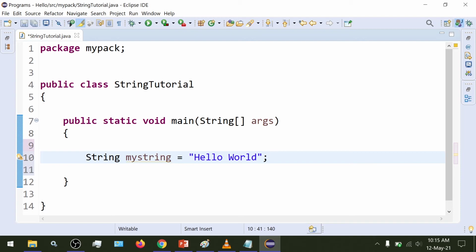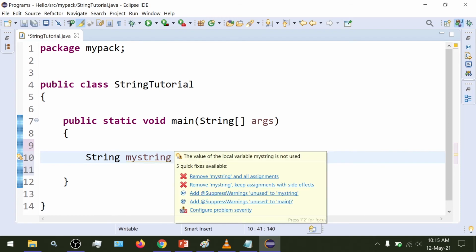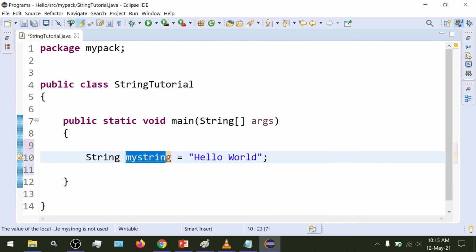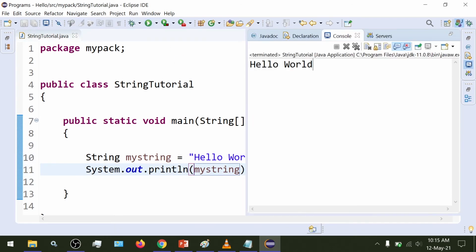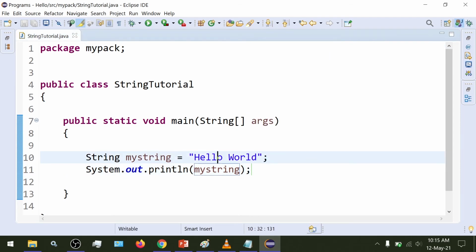And now the program considers my string as a string object. Let's try and print this. Save, and when we run it, we get the output Hello World. So now the string Hello World is represented in a computer program.